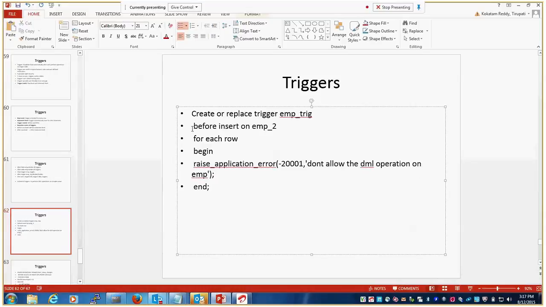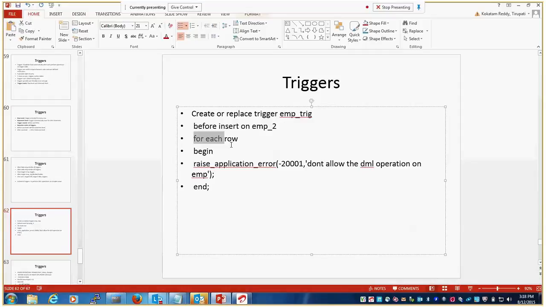When a user tries to insert on EMP_2, this create or replace trigger is the part of creating the trigger. Before insert on EMP_2 means that before the insert operation, this trigger will fire and give the user-defined error message.